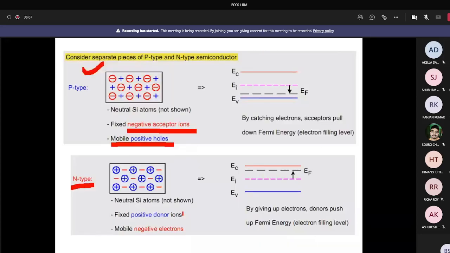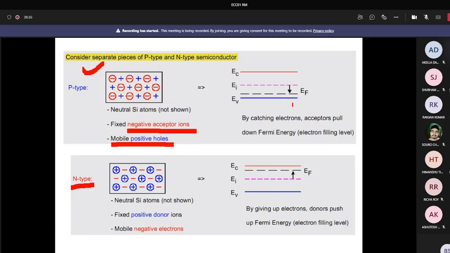Sir, what is the reason for the Fermi level to be down? The Fermi level moves because the availability of electrons increases near the conduction band. So the Fermi level goes close to the conduction band. Here it is n-type. And for holes, the valence band has the majority carriers, so the Fermi level position will move close to the valence band.